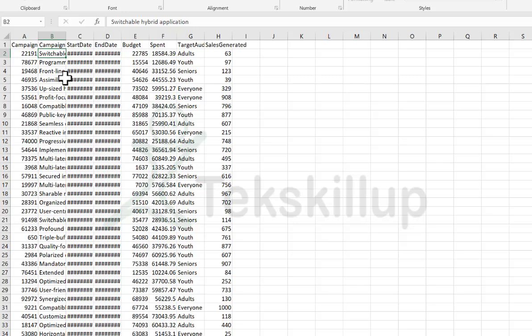Yeah, as a data analyst, I'm not saying you should understand marketing in depth, but just have a very basic understanding of the marketing part of a business, because this is what actually helps the business to make sales or to generate more sales. So we have the particular date that a digital marketer, let me use that word, a digital marketer started the campaign, and then this is when the campaign ended. So this was the budget, and this is the amount that was spent, and then the target audience here, as you can see, is adults, and then the sales generated